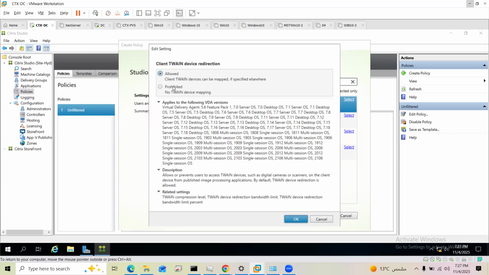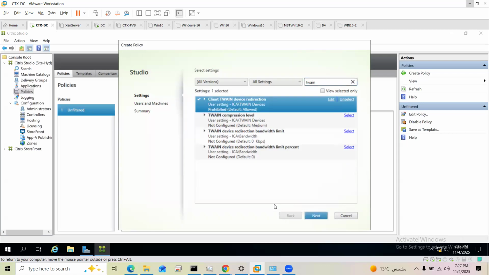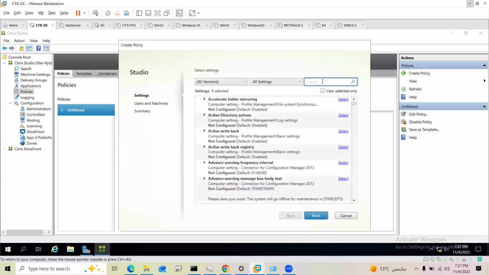I don't want to allow that also. Prohibit them. By default, USB devices are prohibited, and all the remaining are allowed. But as per my requirement, the users have some bandwidth constraints, so I don't want to allow all this. If I don't allow all these, what is going to happen is